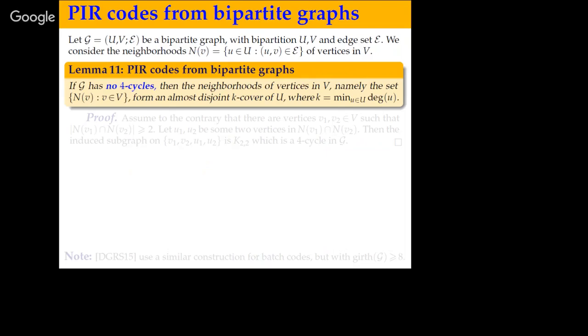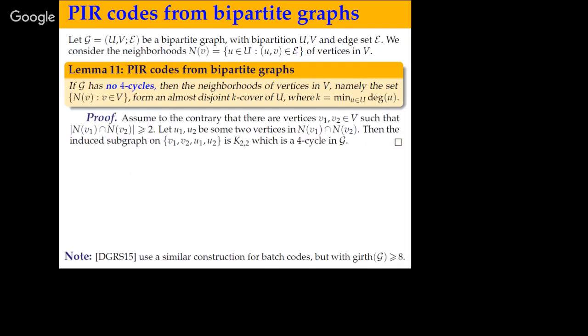close a 4 cycle. As soon as I get 2 points in an intersection of 2 neighborhoods, I immediately get a 4 cycle. And so if the graph does not have 4 cycles, then no 2 neighborhoods could intersect in more than 1 point. And that's exactly what I mean. That's the almost disjoint point. Okay, so that's the proof over here,